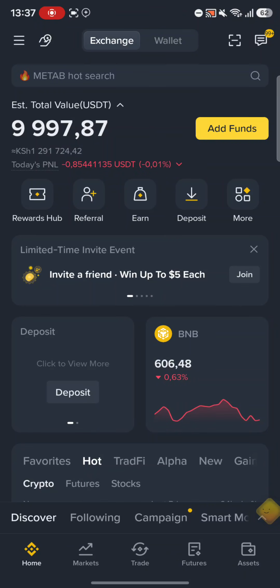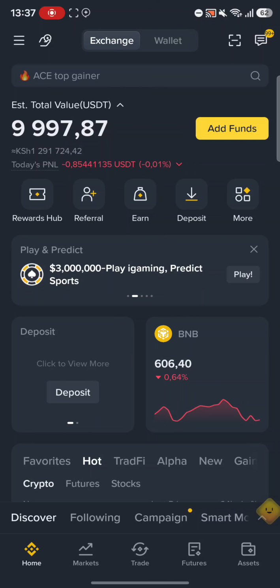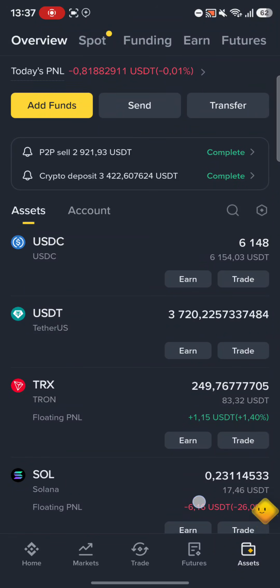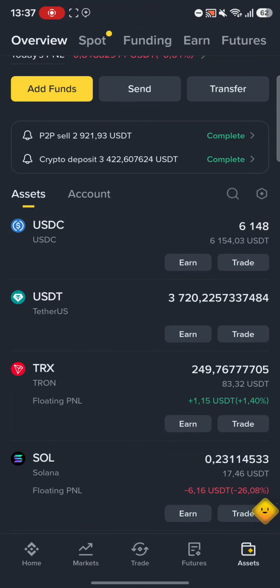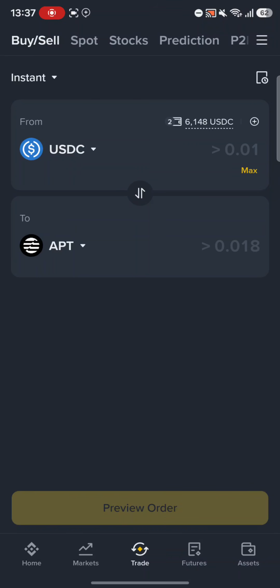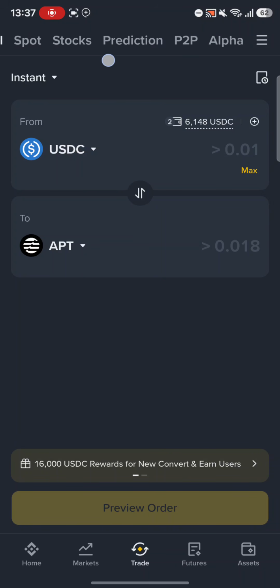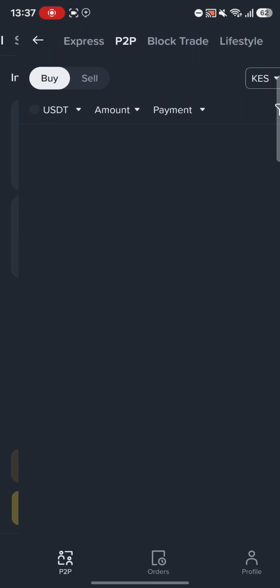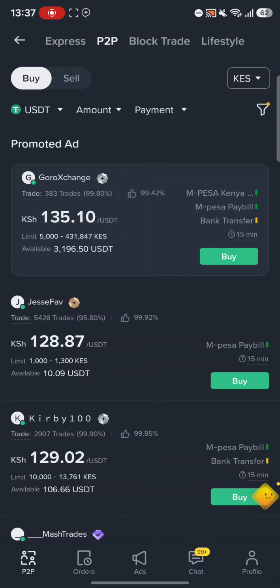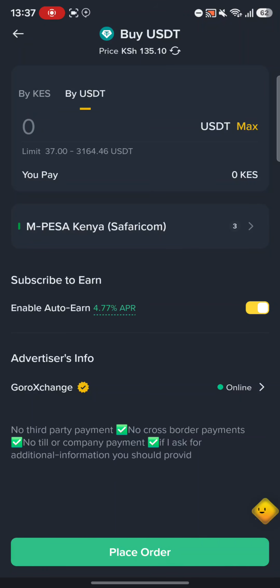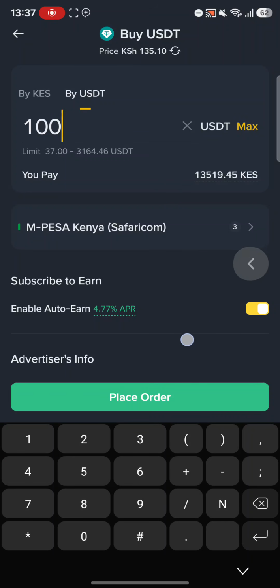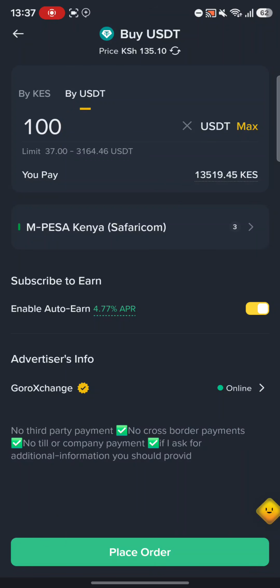But to start with, what is crypto arbitrage? Crypto arbitrage, guys, is simply buying one coin from one exchange. For example, let's say I go to trade here. I'll show you what crypto arbitrage is, and I want to buy. All right, I'll go to P2P here, and then I'll click on buy. That's on Binance, and I'll put the amount I want to buy. For example, I want to buy USDT of 100, and you can see I will receive Kenyan shillings